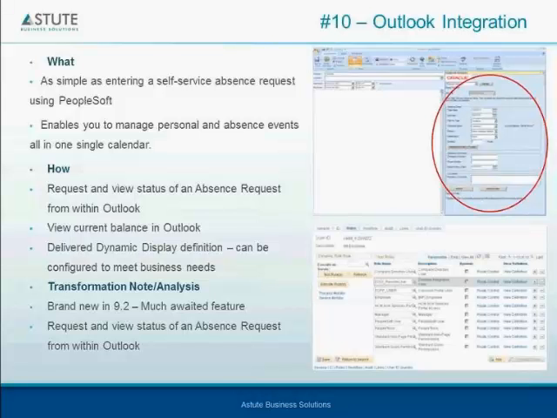It allows for you to manage personal events, absence events, all in one calendar. For your managers, if they receive an out-of-office reply from you using Outlook, they know for a fact where you are. They can access either PeopleSoft, or they can just find out the reason for your absenteeism using the calendar. How this is done is